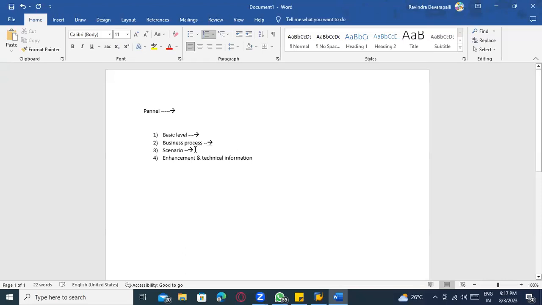If you are perfect here too and able to answer, then sometimes it will be both scenario and enhancement. Then they will go into what level you have in tables and understanding of BAPI, BADI, and enhancements. Then they will go to that step.